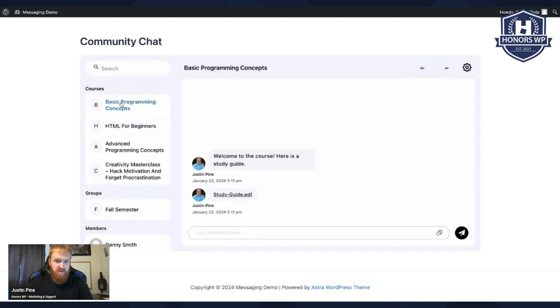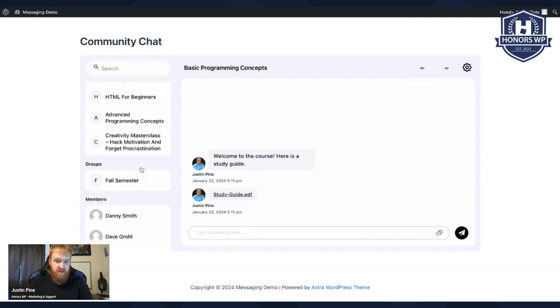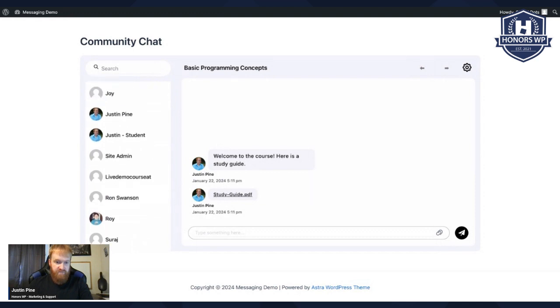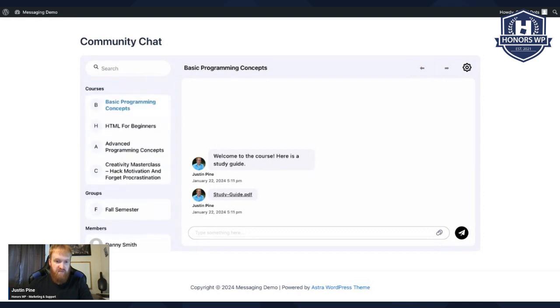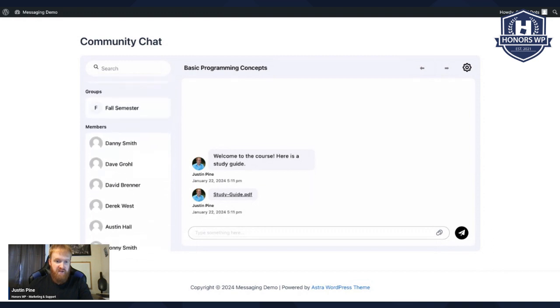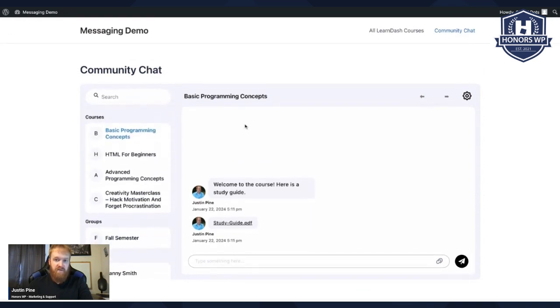And just clicking through, so this is the course. The instructor has already sent a message and a study guide. Then if you'll notice, any other student that is enrolled in the basic programming concepts course also shows up here and I'm able to chat with them. The reason I'm able to chat with them